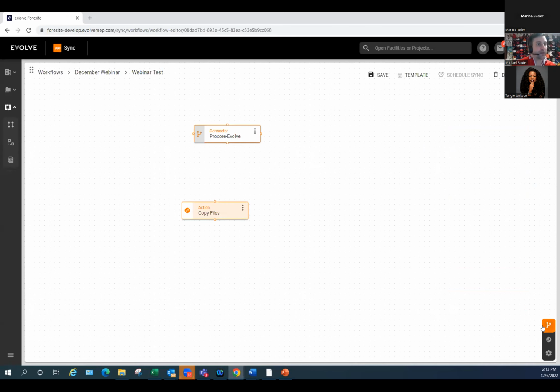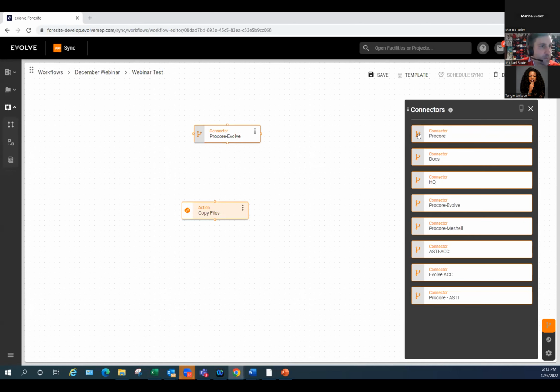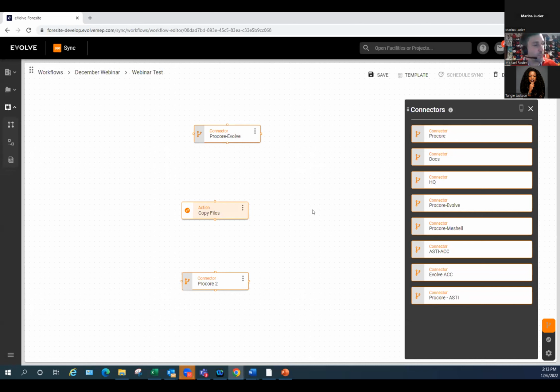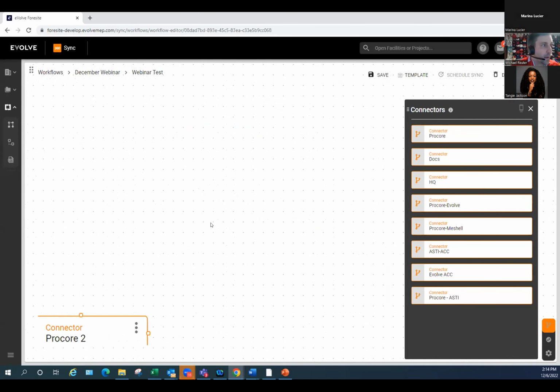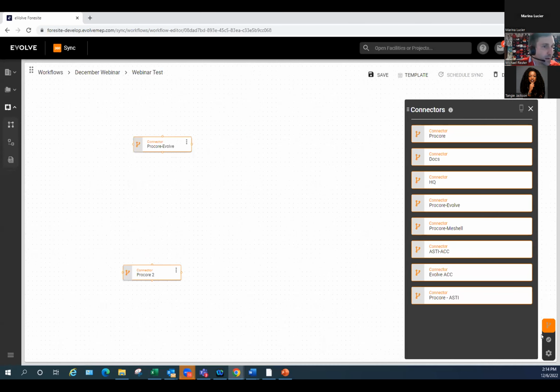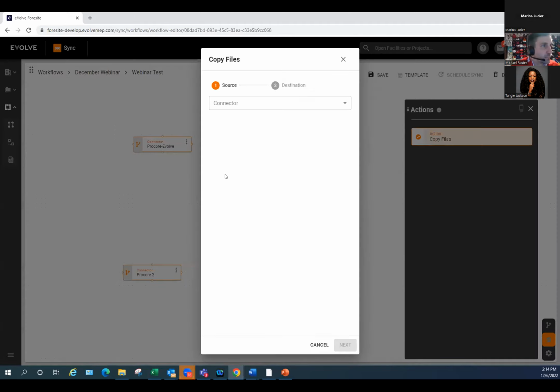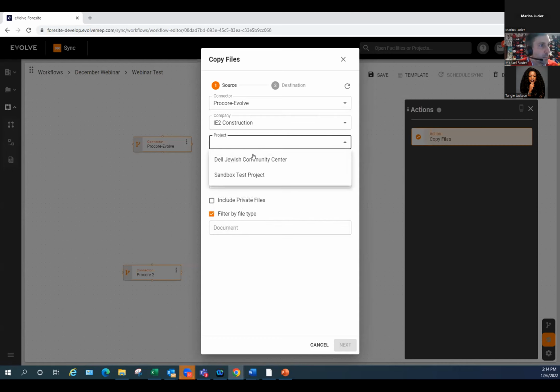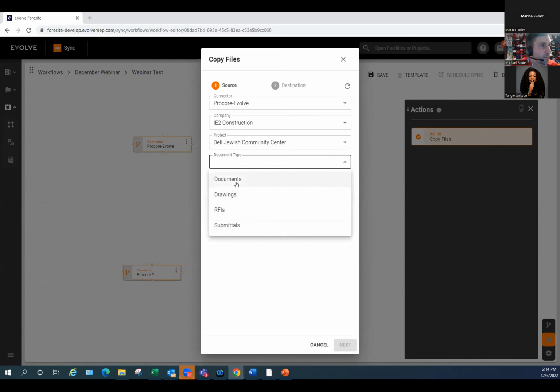But let's change it up here. Let's say that instead, what I wanted to do is take these files from one Procore instance to another. So we'll just call this Procore Evolve and then Procore 2. Okay. And so now I'll delete this as well. And so now I'll create a new action, drop it on there. So I'll pick that. And so if I wanted to take the data from this project